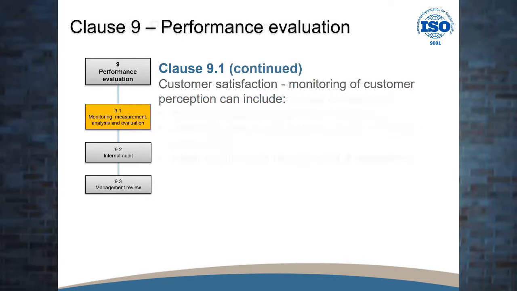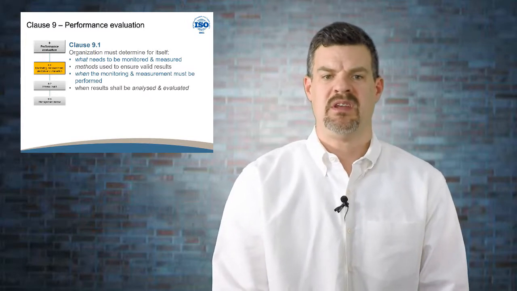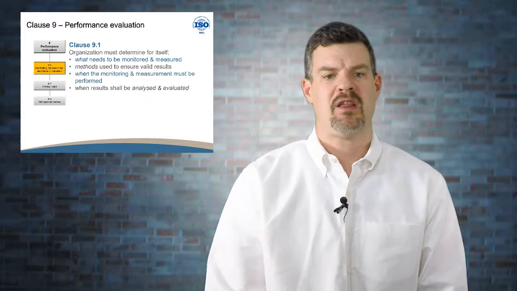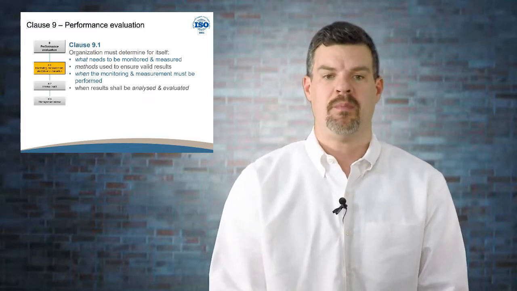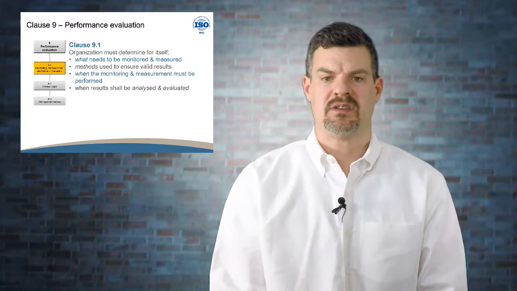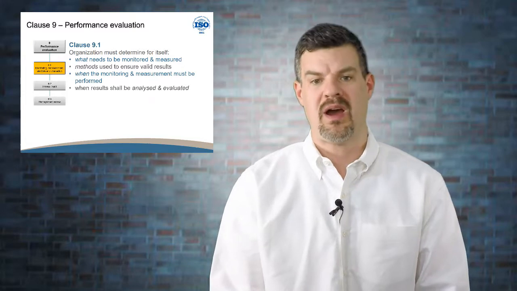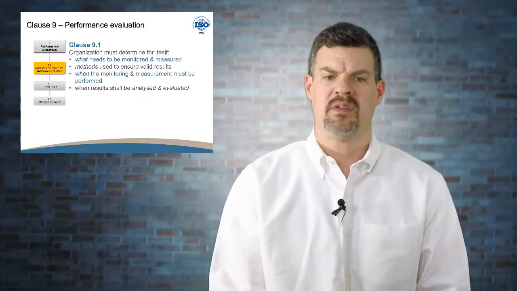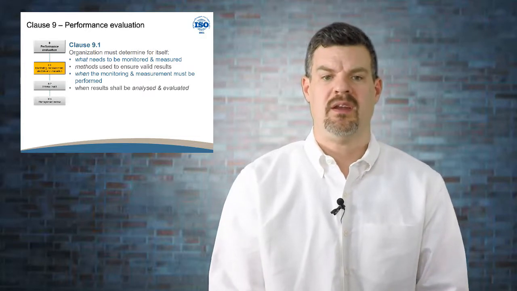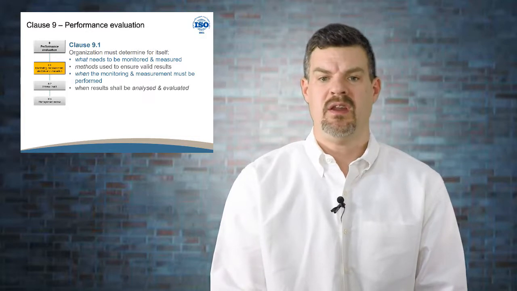So real quick, just jumping back up to there. This is another example, and we've seen this a couple times throughout the 2015 upgrade, where you've got kind of the why, what, when, how type spiel in a clause. This is very similar, almost like the communication piece. Who can communicate? How, when, why. This is saying, you have to determine yourself, and when or how often does something need to be monitored or